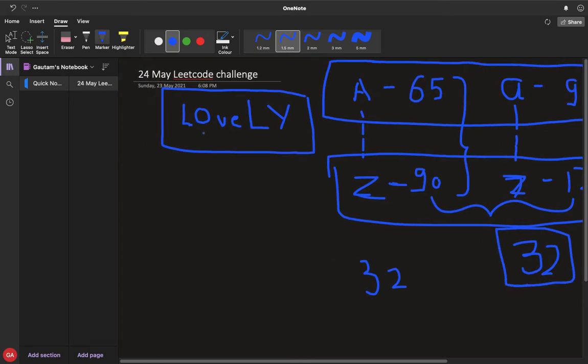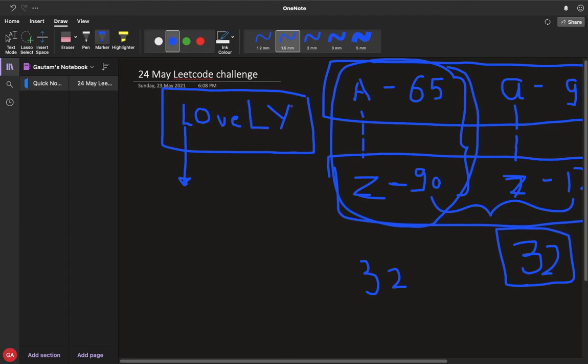We'll initially start with the first character and see whether it is an uppercase character or not. How will we check? We'll simply find if the ASCII value of that character ranges from 65 to 90. If yes, that means it's an uppercase character. We'll convert it into a lowercase character by adding 32 to its ASCII value.